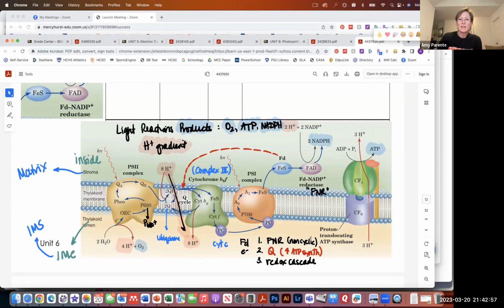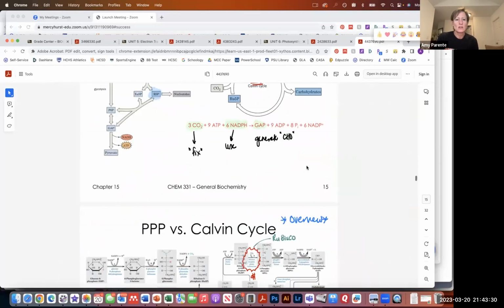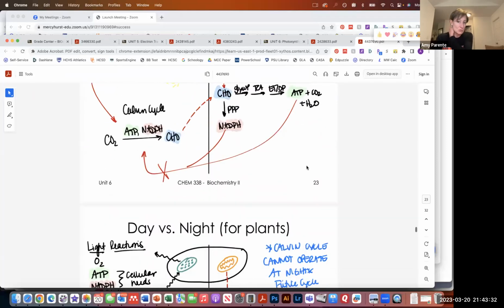So those are the two places where we see cyclic versus non-cyclic electron transport. Now, if ferredoxin is sitting here with electrons, keep in mind this is not one ferredoxin doing all of these things. It's a pool of different ferredoxins. Some may be doing non-cyclic, some may be doing this redox cascade piece. If there's a ton of electron transport going on, there's a good chance that most ferredoxins are in the reduced state, meaning they have electrons. With me? Okay, so here's where we come to this redox cascade piece,